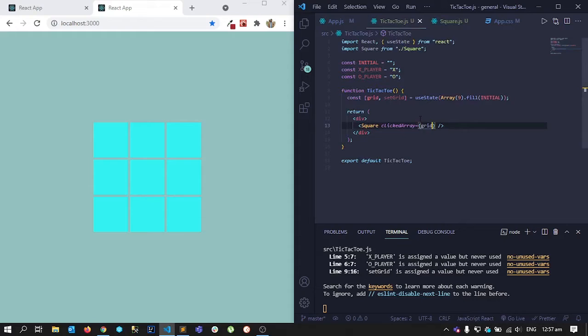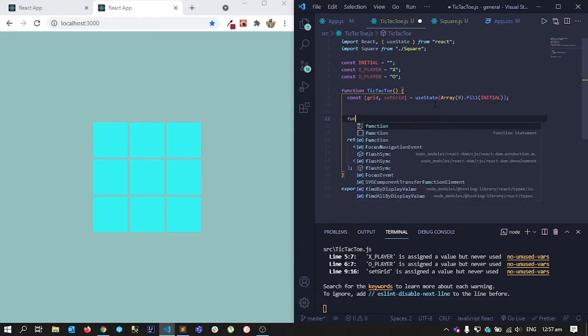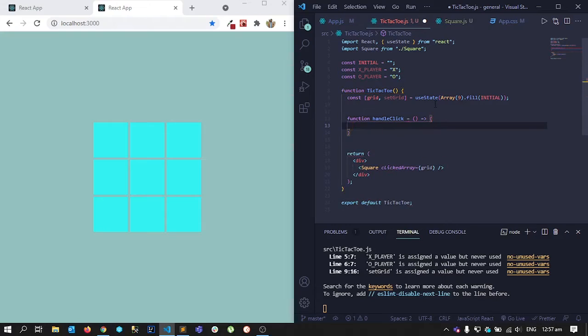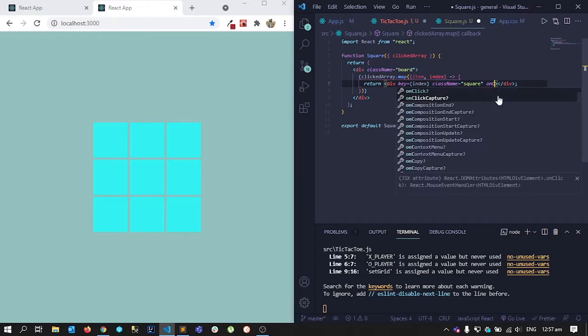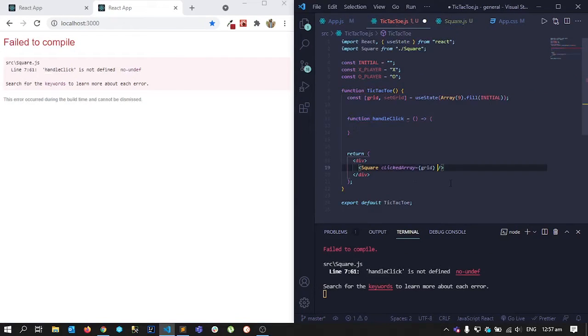We can make a function here, function handle click. Okay, and so what do we want to do now? What we want to do is whenever we click something here, we want to call this function. So let's go here and add another thing that will be on click. We will call handle click, which we will be passing from here. Handle click,